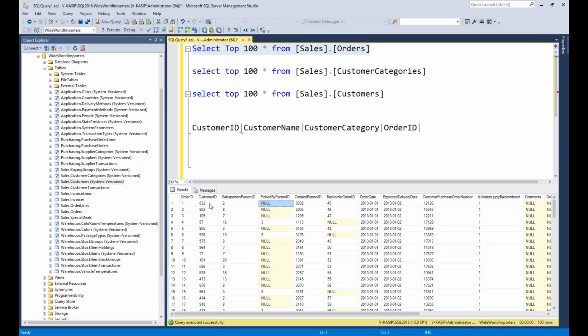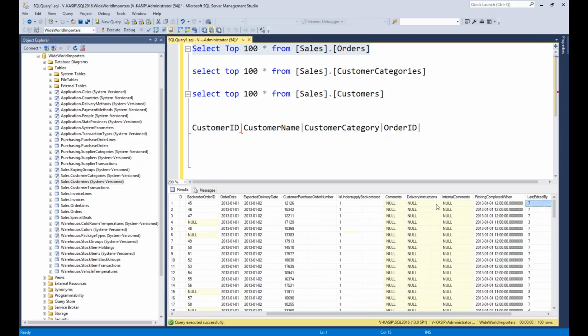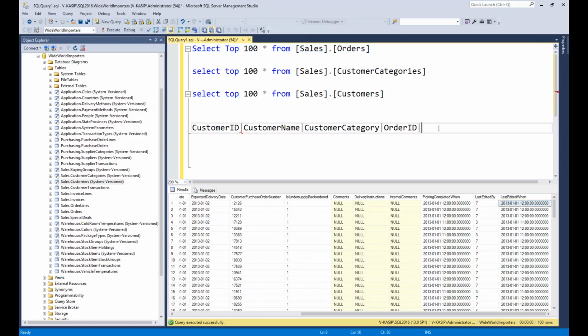Let's give me the order ID, order date, and that's it, when the order was made. So I want to get each customer ID, customer name, customer category, order ID, and order date. These are the columns I want to create a report: order information related to a particular customer. Now, can someone tell me where I need to start?